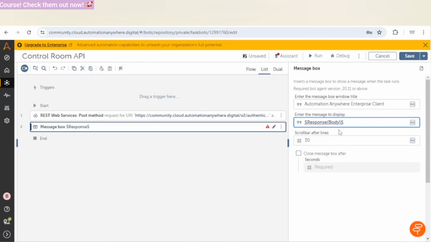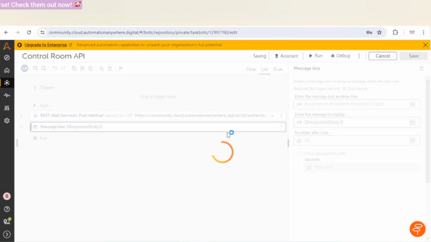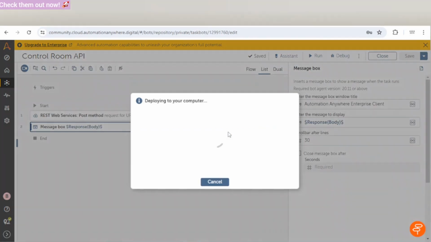As I am using the same credentials which I use to log in to this control room web page, and I'm using the same credentials to authenticate the API also, and because I'm using a community edition, I can log in on one instance at a time.